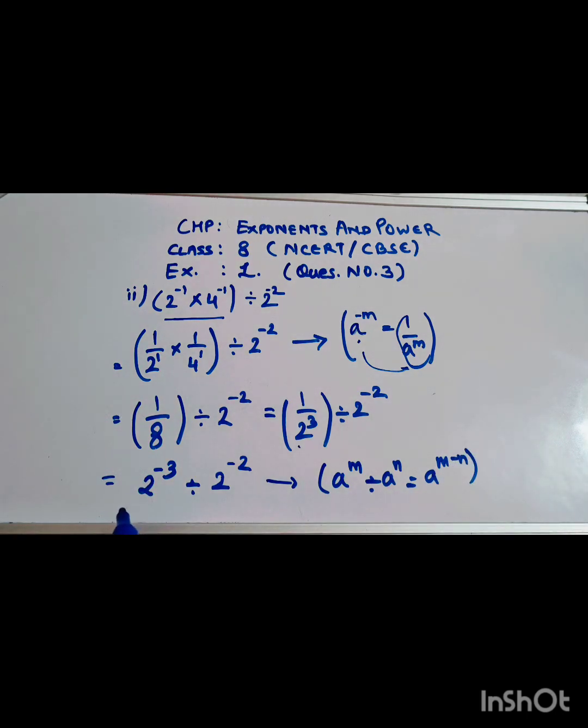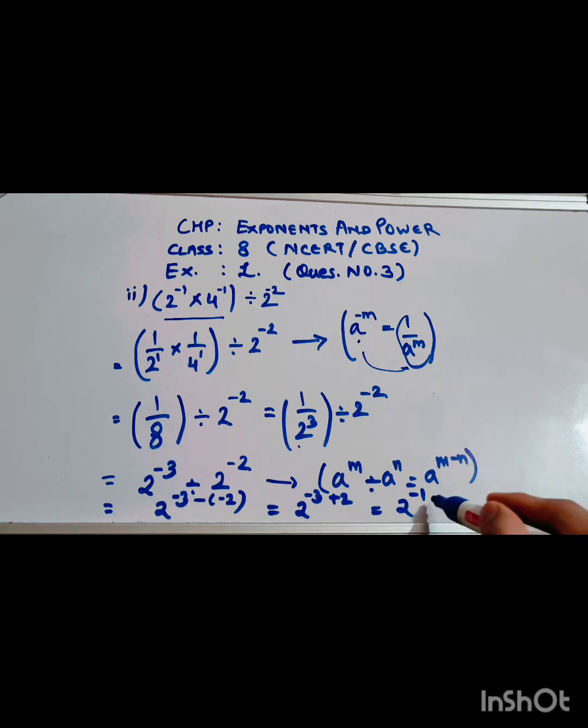So let's write 2 raised to the power minus 3 minus of minus 2. Minus times minus is plus. So 2 raised to the power minus 3 plus 2. So 2 raised to the power minus 1, which means I can write this as 1 divided by 2 raised